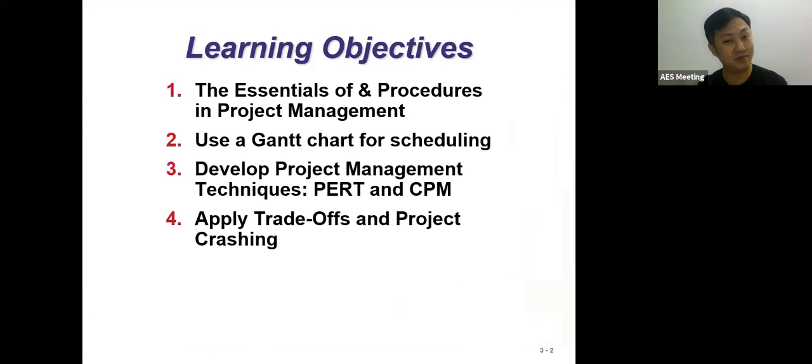Starting from the learning objective of our essential procedures in project management, we have the goals about the methods or tools that we use in scheduling. For example, here we can use a Gantt chart. The Gantt chart itself is able to record and provide the scheduling accordingly. Thirdly, we are able to have the development of project management techniques. Specifically, we are looking at PERT analysis and CPM analysis. So PERT and CPM become the analyses we are looking for, so that projects can be managed in